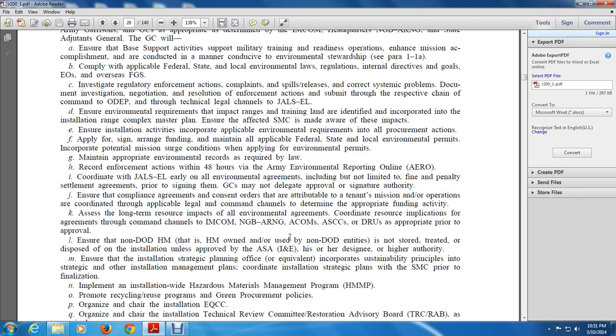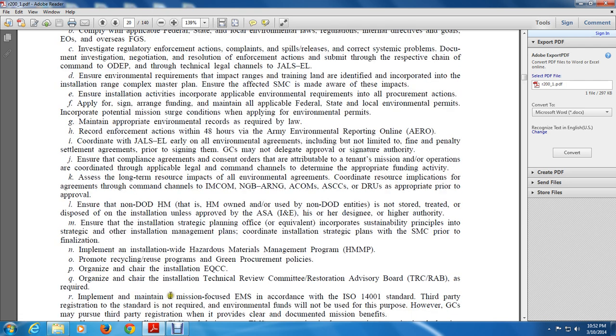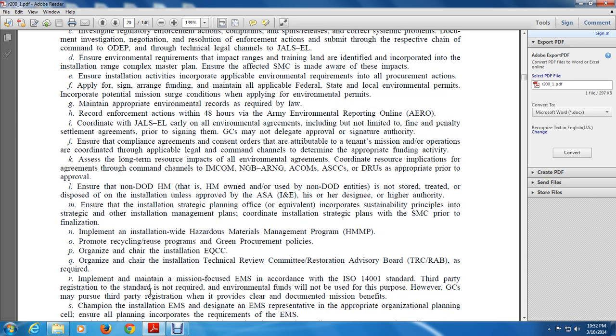Ensure installation strategic planning, with the equivalent officer cooperating on sustaining priorities. Strategic installation management is coordinated, and installation strategic plans and the SMC are reviewed prior to finalization and implementation. Establish an installation-wide hazardous materials management program, HMMP, promote recycling and reuse programs and a green procurement policy. Organize and chair the installation EQCC, the installation technical review committee, and the restoration advisory board, TRC and RAB, as required, maintaining mission focus of